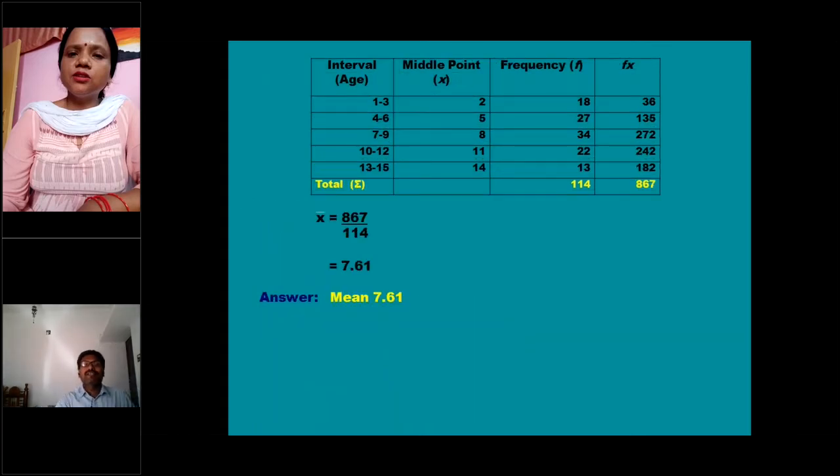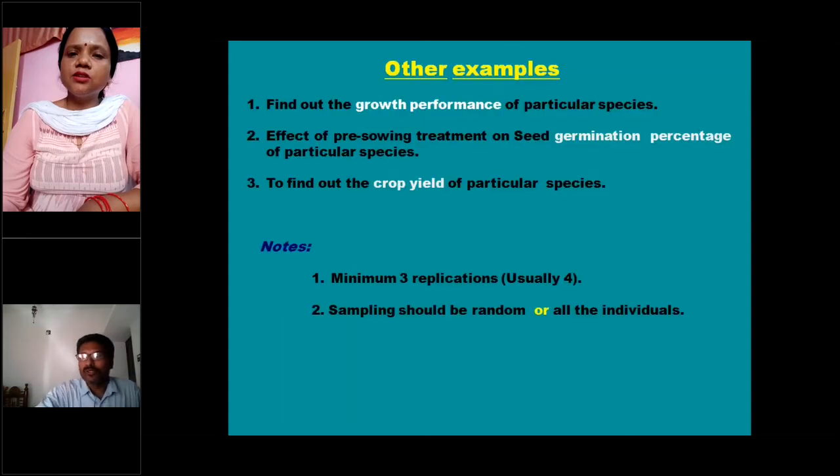Then we will get the total fx as 867 divided by total frequency 114. So the average, the mean we got using this formula, is 7.61. So like that,